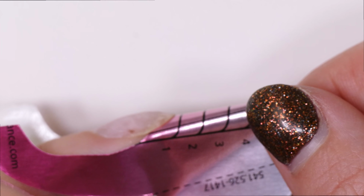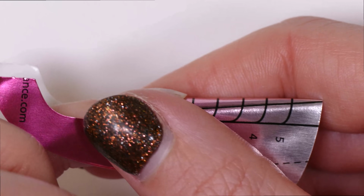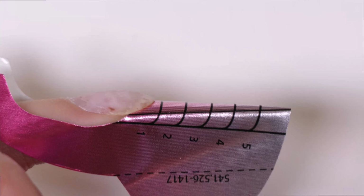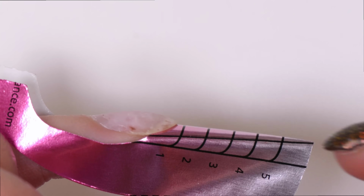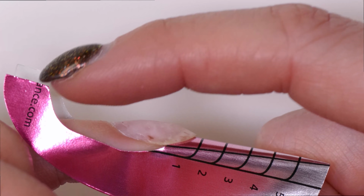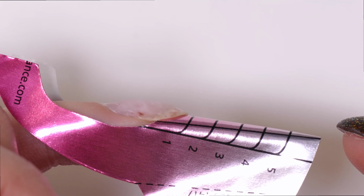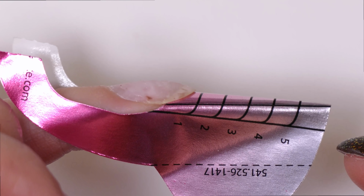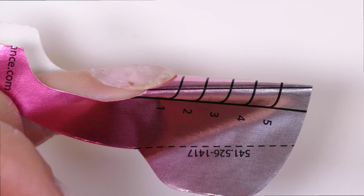And so a lot of times when I am trying to extend my natural nails, if I line up the nail form perfectly with my natural nail, the tip of my nail form is actually going to be pointing even further down. And the longer that I make my nail, the more that nail is going to look like a talon, where it's going to go downward instead of stay straight. So the biggest recommendation I can give you guys is to shorten your natural nails before you put nail forms